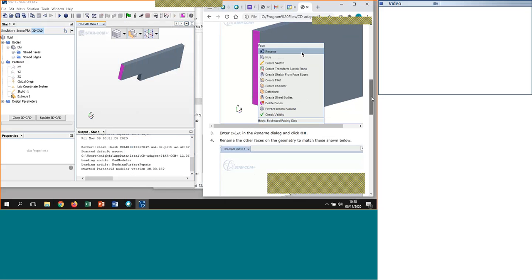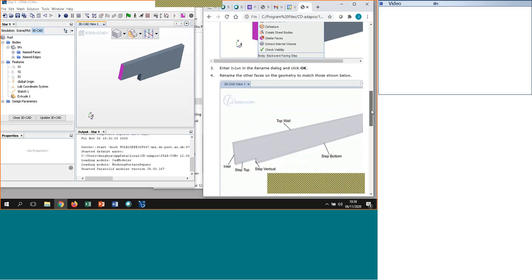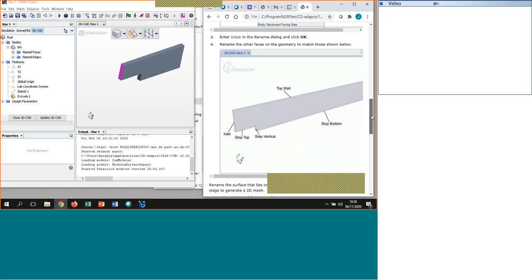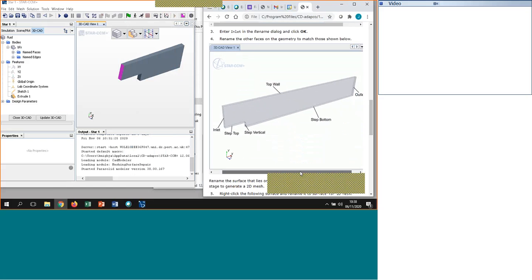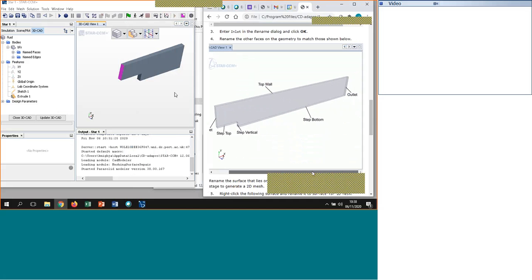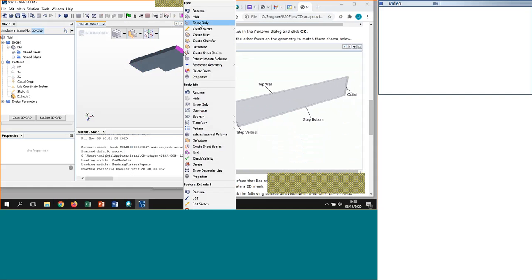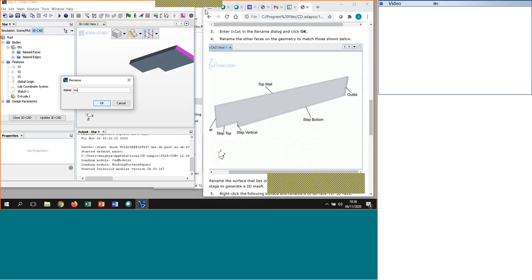And then I'm going to rename the other faces to match these things. And the outlet. So I'll get inlet and the outlet, these are essential. Right click, rename outlet, and then